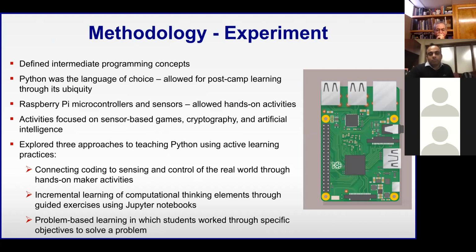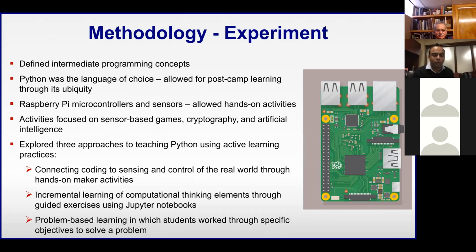So the experiment was basically we wanted to define, at the undergraduate level, what is an intermediate programming concept? And we had a robust discussion on this for weeks on end about, if the introductory level is, say, Python, and you've taught loops, is the intermediate level a new programming language, or is it more complex topics within Python itself? Well, based on the slide, you can guess that Python won out, and we decided to go with more complex topics in Python, both in terms of the programming aspects and in terms of the type of projects that one could accomplish by using Python.